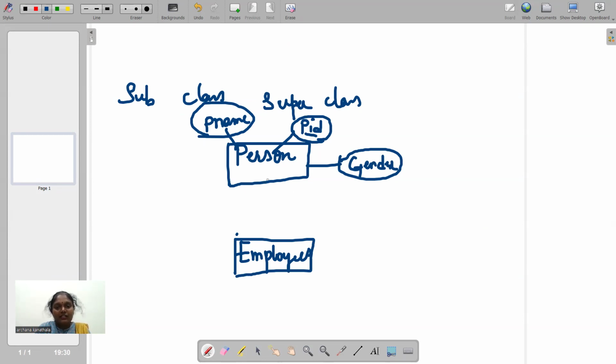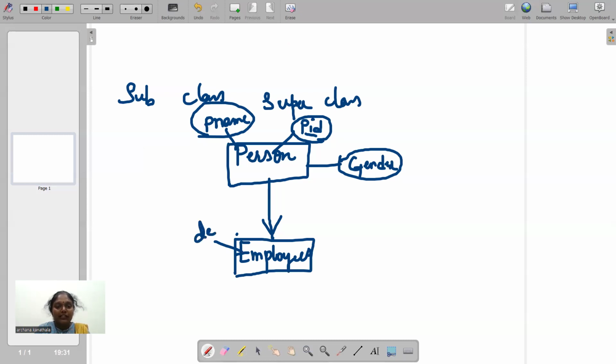Instead, I can just create a subclass type of this person entity. Now, the employee entity will acquire all the qualities of the person entity. By default, all these three attributes will be available for the employee entity.